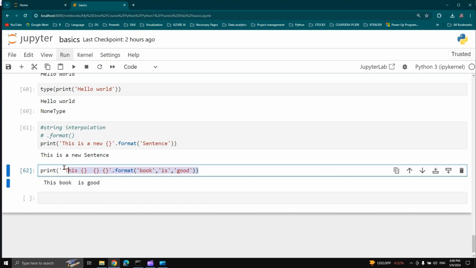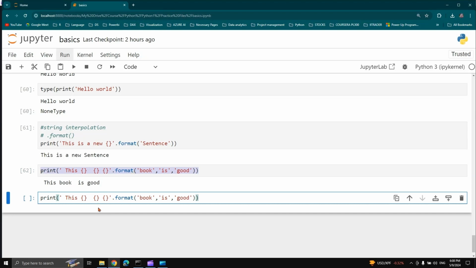For example, I'll just copy this, and our words are this book is good, right? This is good book, so I'll write 2, 1, sorry, 3 and 1, right? If we execute this,